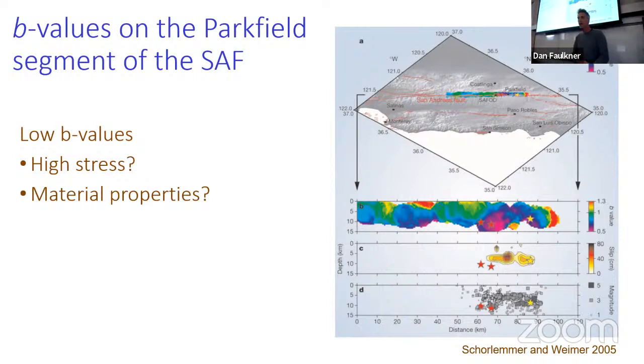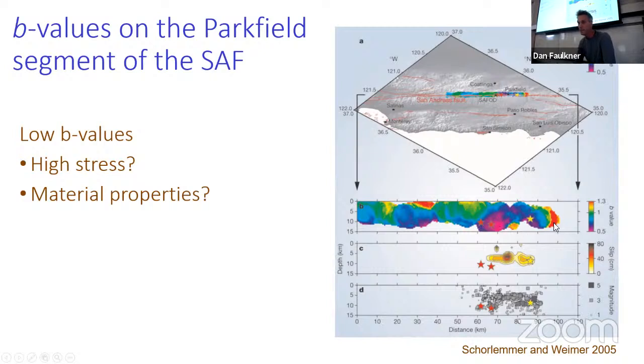And I think from our study, what I presented from the Horn River Basin, I look at this plot now and think this is perhaps telling us what the variation in material properties are along that fault. And interestingly, this little region just here with the blue and the red colors, this is where B values are very low. So this is where you get more big events and less small events. This region here is where the magnitude 6 earthquake happened. The last one was in 2004. These stars just here are showing the hypocenters of previous earthquakes.